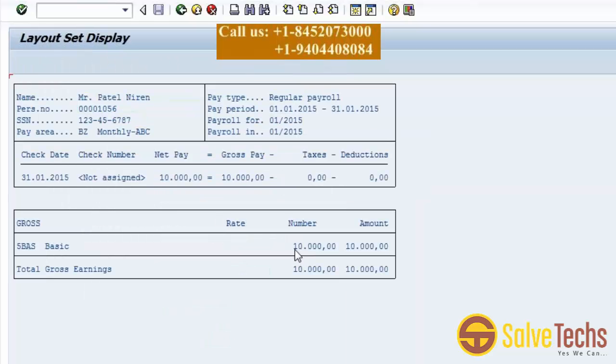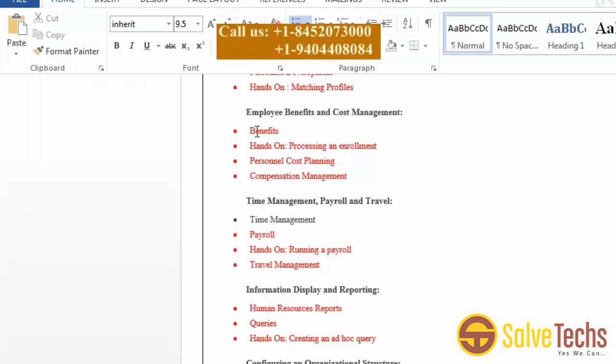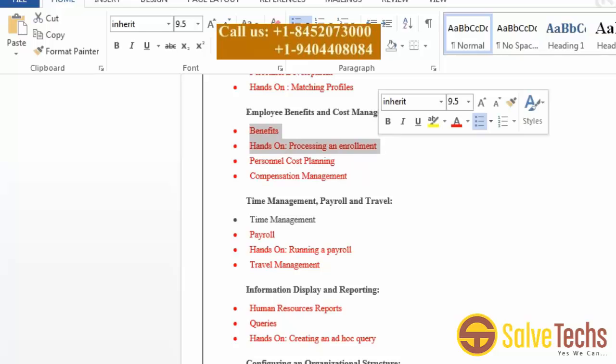You are getting basic pay and your amount, total earnings. Till now we have not configured any deductions. If we configure the benefits,